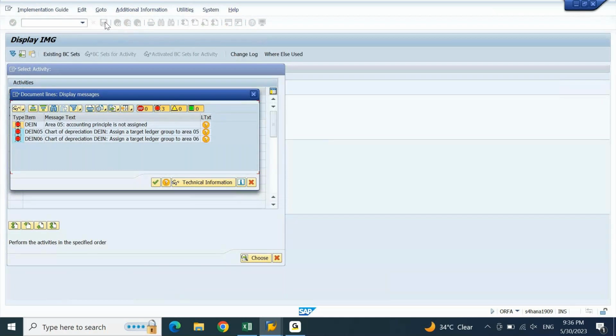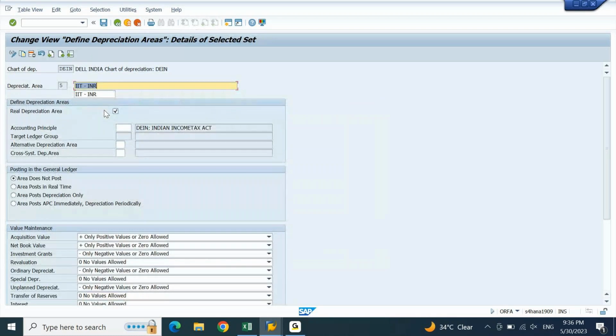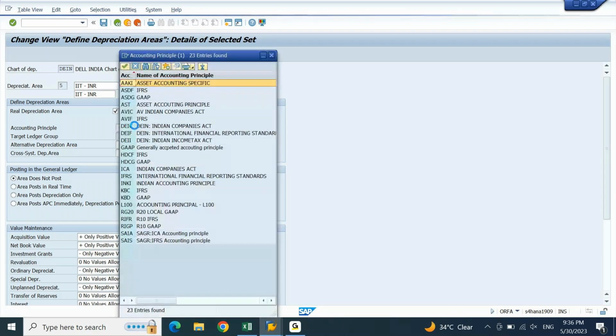It is telling for depreciation area 5, area 6, assign a ledger group. But according to our requirement, we don't have a ledger group. Real time you are going to put accounting principle, you are going to put blank. But system is not accepting. What to do? Leading ledger group you have to. Can I put accounting principle? IFRS. IFRS? Okay, if I put IFRS,